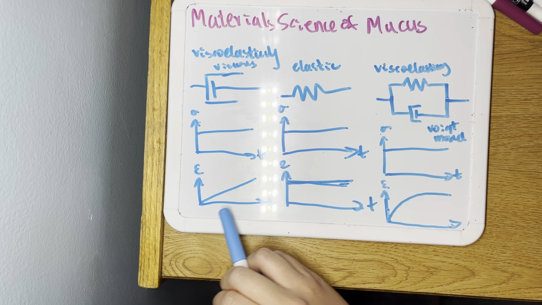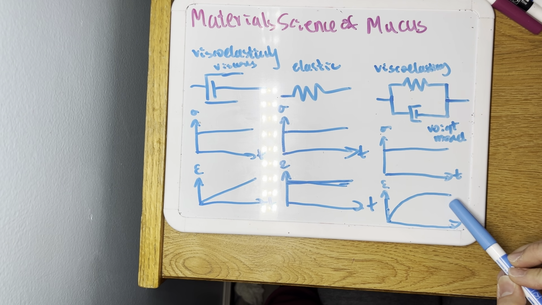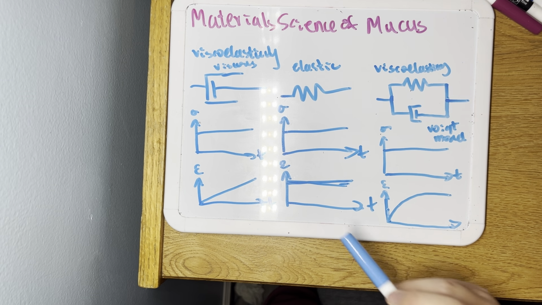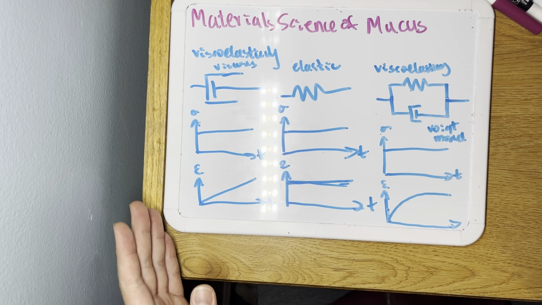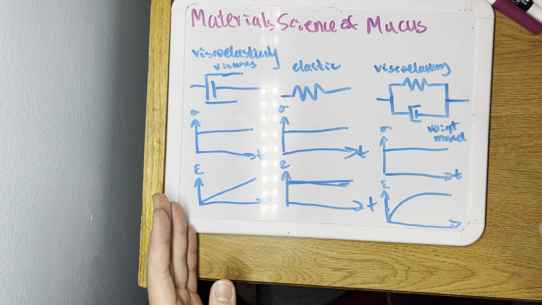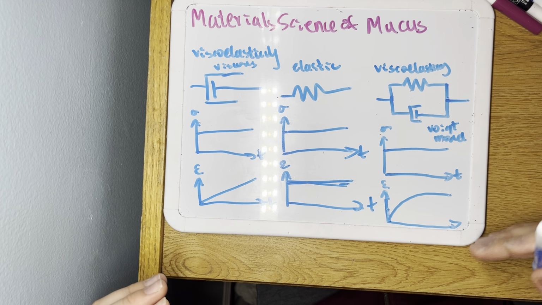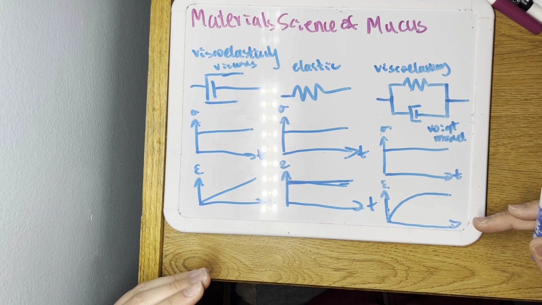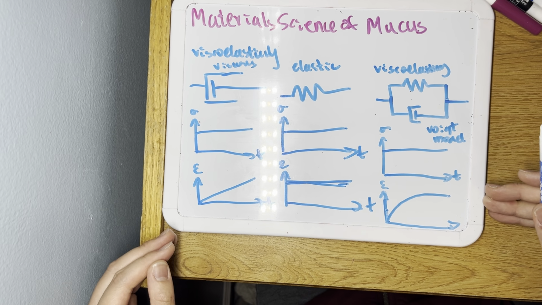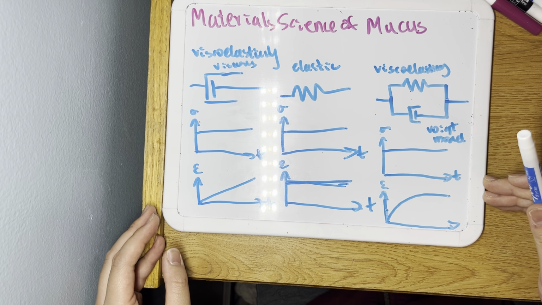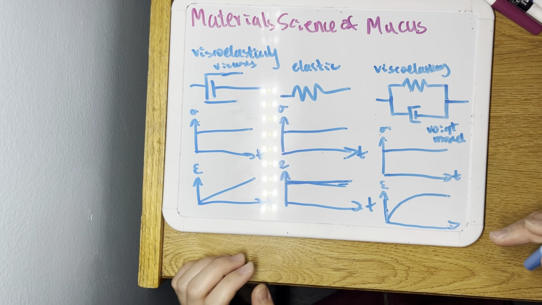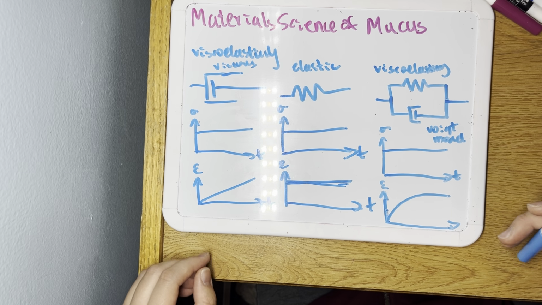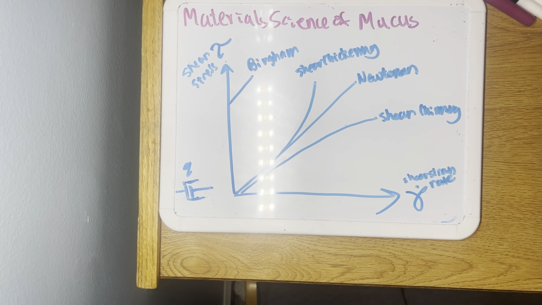So instead of just this linear response, you get this viscoelastic response that's a combination of these two. And mucus is pretty much all viscoelastic. It's just that sometimes those properties get adjusted and fine-tuned, and sometimes that can lead to problems, the pathophysiology of things, and sometimes it's just normal adjustments for different types of mucus in the body. Okay, so before we can get into actually talking about mucus, we have to talk about